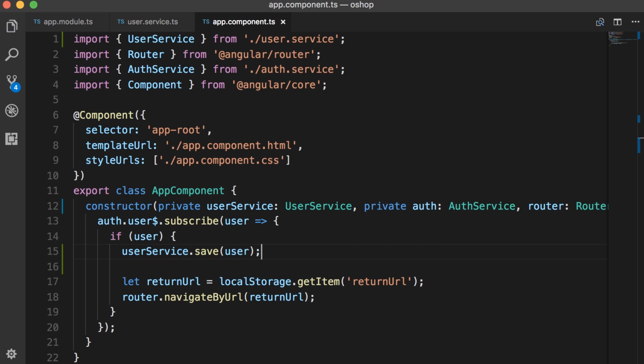Now you might argue that this approach is inefficient because every time the user logs in, we're trying to save them to the database. But in a traditional application, we save our users only when they register. Well, there are a couple of things you need to consider here. The first thing is that in this application, we don't have the concept of registration. So the user logs in and can access certain features. Sure, in the future, we can add a registration form, and then we can save the user as part of